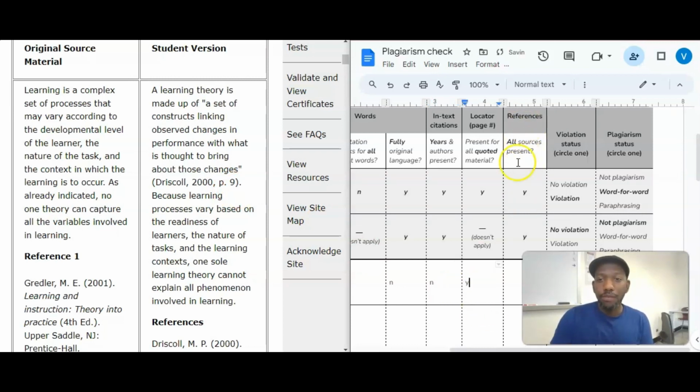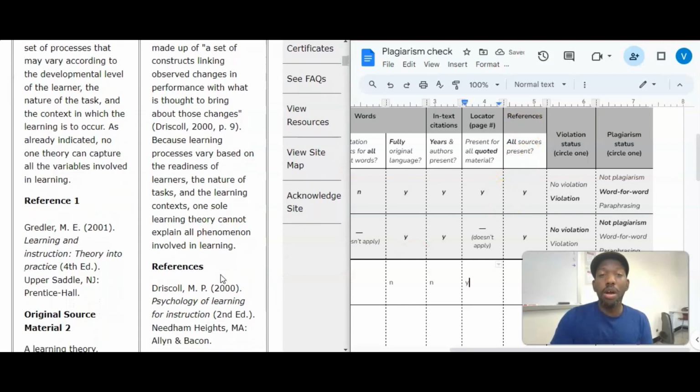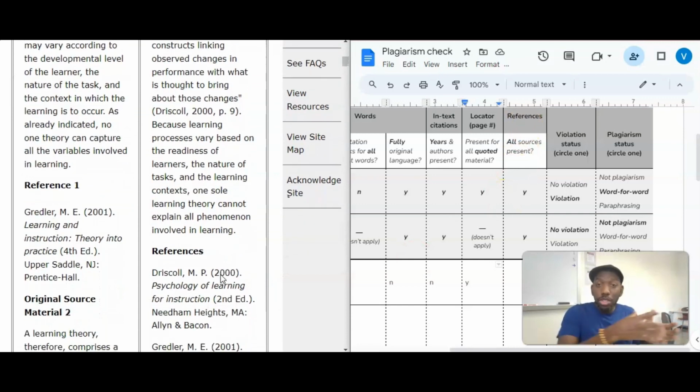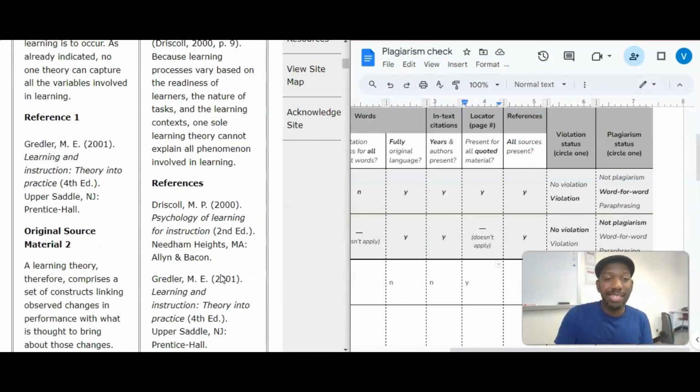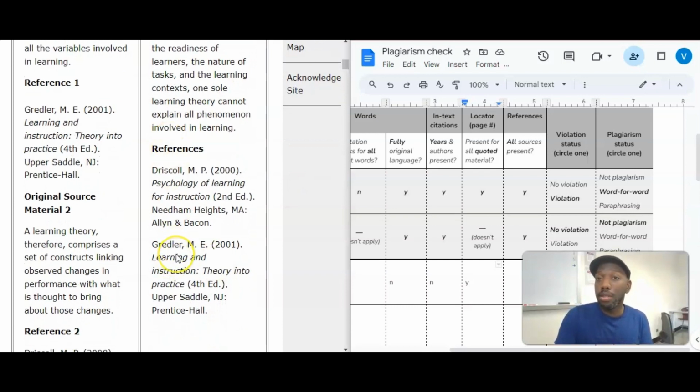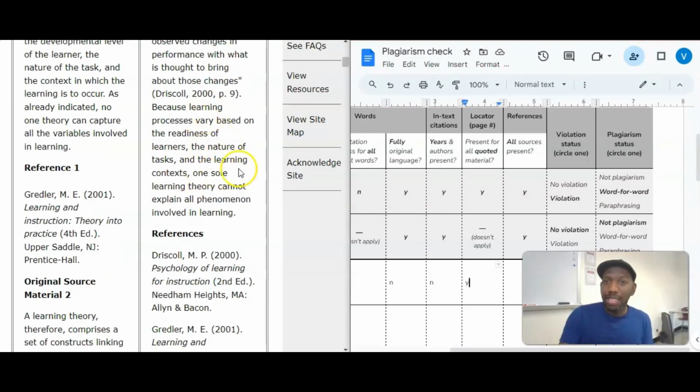And then references. So we scroll down to the references. Are all of the references from which you pulled information listed here? So we have Driscoll and Gretler. So it's crazy. You're putting Gretler in the references, but you're not citing it properly here to show where Gretler helped you out. So that's a big issue. So we're going to have a yes for the references because they're all listed there, but we need to fix something.